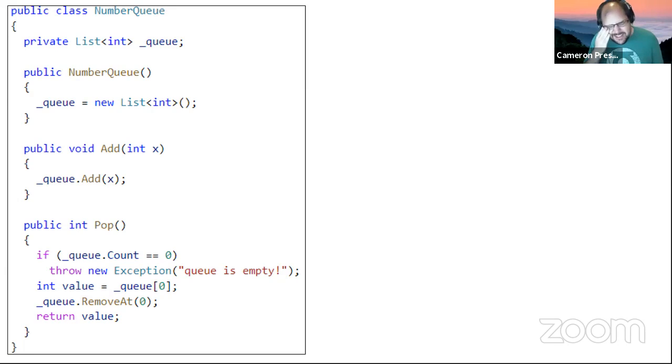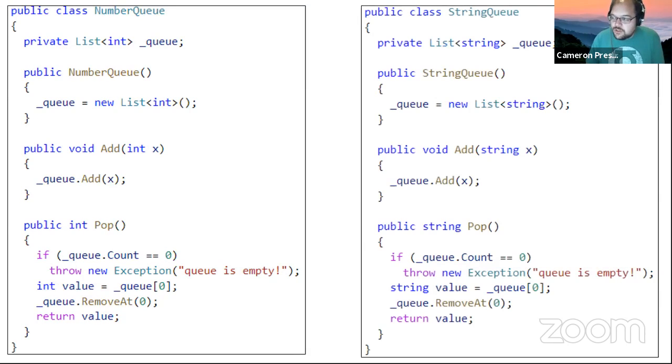But let's say that you've got this number queue in your code base, and you know what? Your product owner comes down and says, Cameron, number queues are awesome, but you know what's really in vogue right now? String queues. We're going to need a string queue. And you go, all right, cool. So you write a new class called string queue, and you put all the code in,